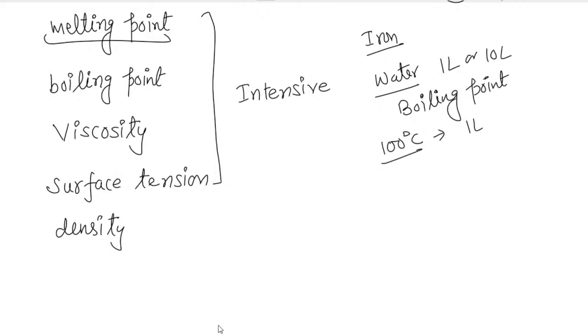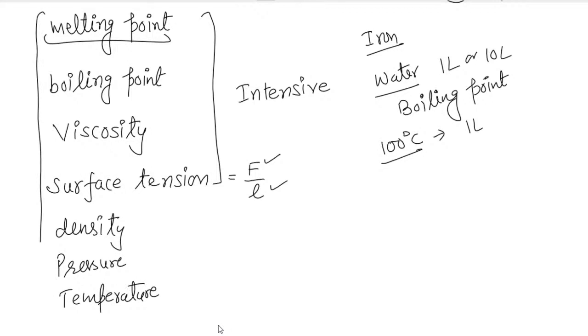Surface tension is force per unit length. It also remains same. Viscosity remains same. So, these are all intensive properties. Okay? Melting point, boiling point, viscosity, density, surface tension, pressure, temperature, all are intensive properties. After getting all this,